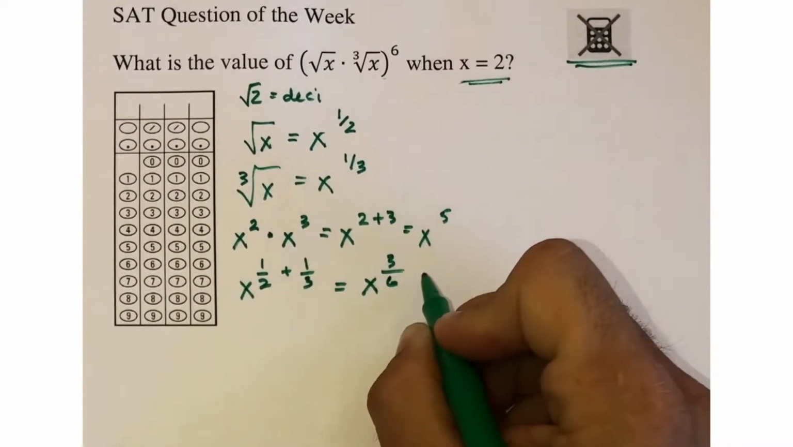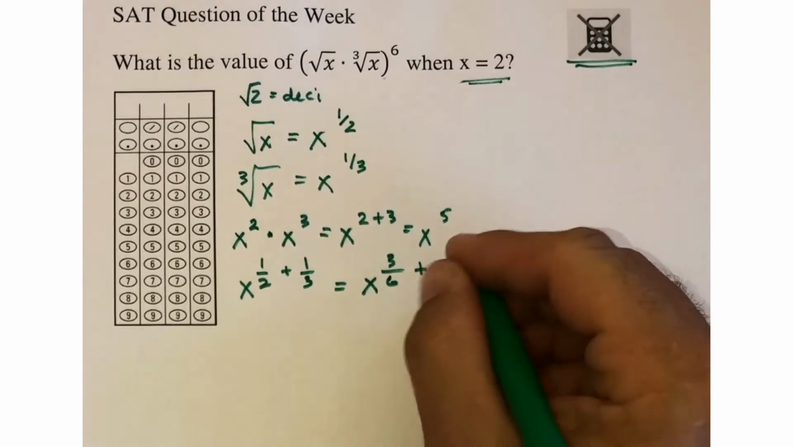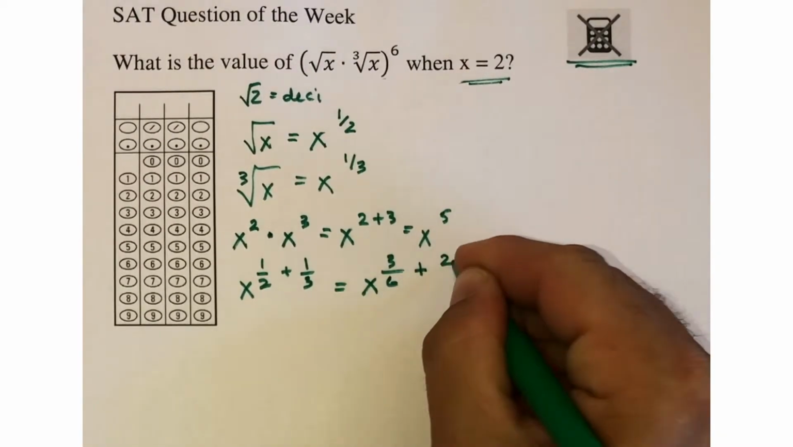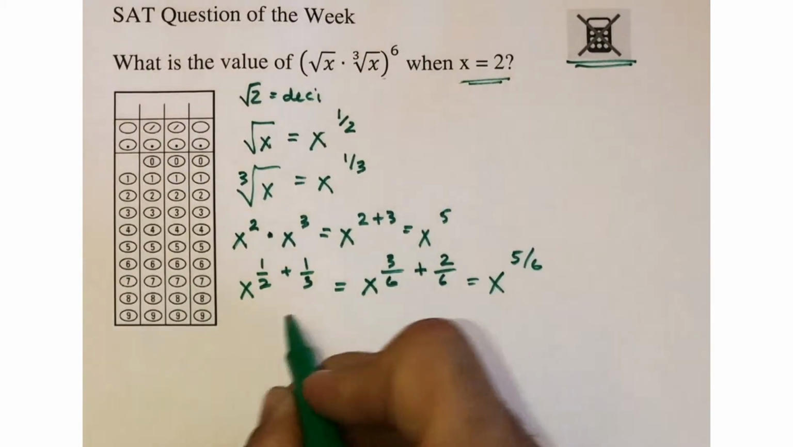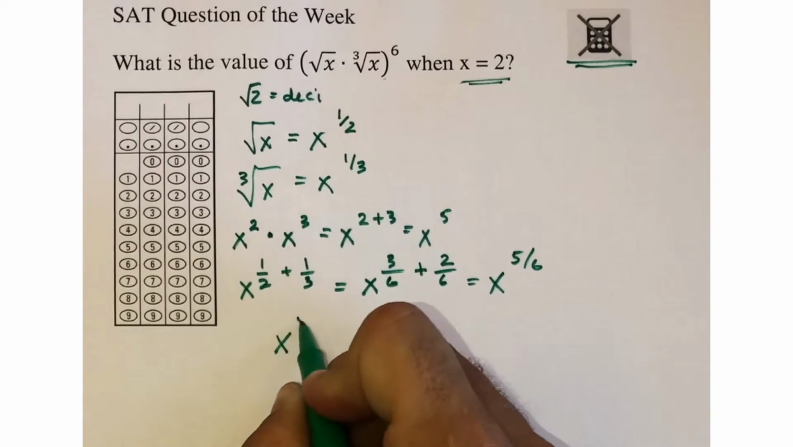which would give me x to the 3/6 plus 2/6, which would give me x to the 5/6. So now if I'm rewriting this, this is x to the 5/6